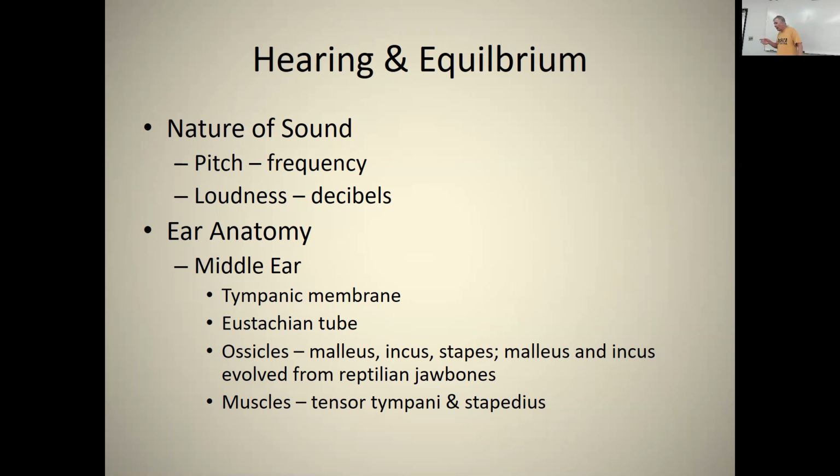Right? Okay, ear anatomy. So there are three parts of the ear anatomy, which we learn in lab: the outer ear, the middle ear, and the inner ear. The outer ear is the pinna and external auditory meatus until we get to the tympanic membrane. On the other side of the tympanic membrane is the middle ear. And attached to the tympanic membrane are three middle ear ossicles, the smallest bones in the body: the malleus, the incus, and the stapes. And then there's a eustachian tube that leads to the nasopharynx. And there's a couple of muscles in there called the tensor tympani and the stapedius that will harden the ossicles